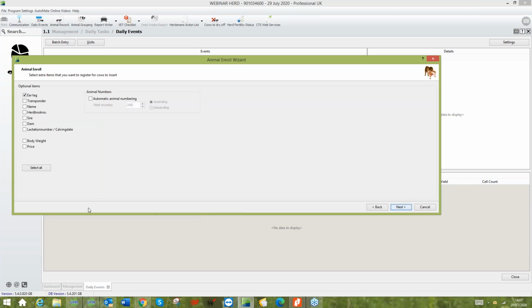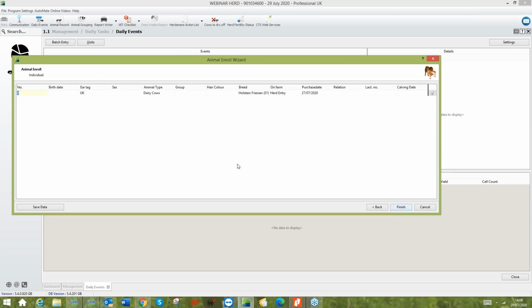Press next. And now these are the optional items of data that you can input on the animals, and this can be tailored to what information you have on them. So if you've only got an ear tag, then just leave ear tag ticked. If you know what lactation number and calving date they are, I would tick that one, and same goes with the rest. If you've got all of that information, it's worth putting it all in. And then press next. And then what happens is we've got the lactation number here now and the calving date,